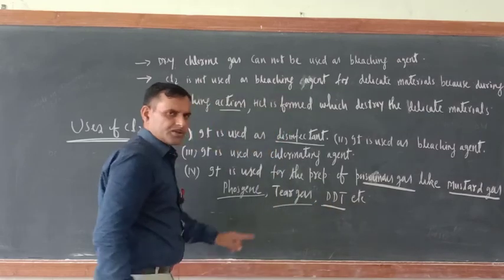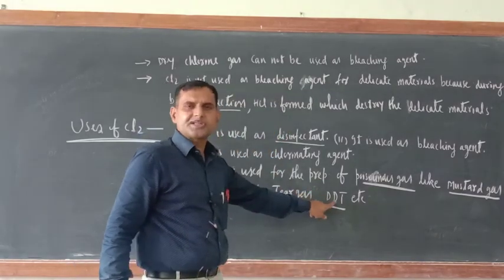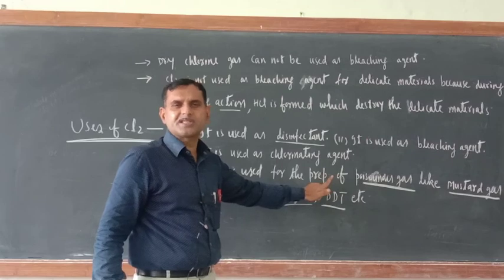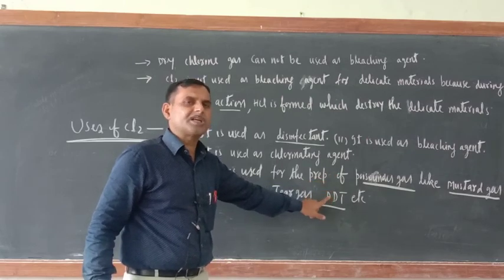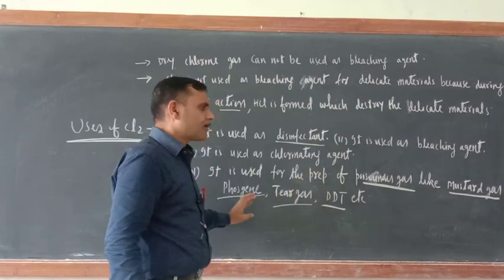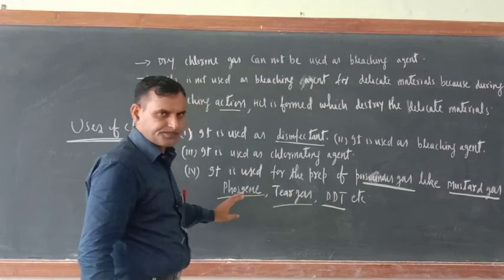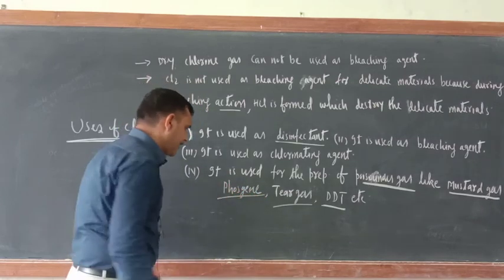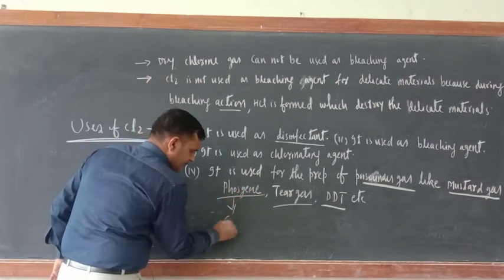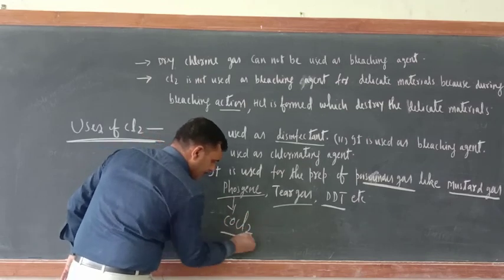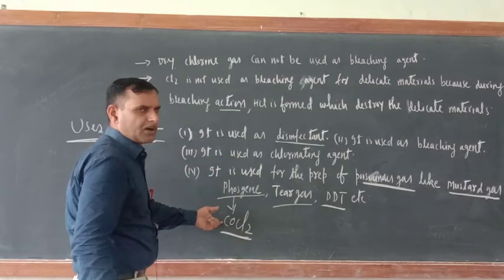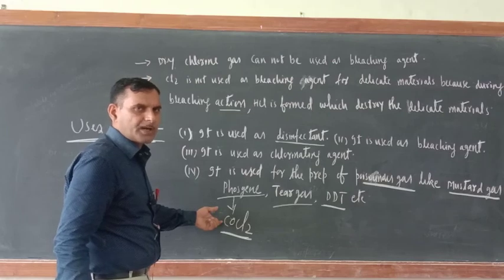Okay, so actually the preparation of DDT is given in the first unit of organic chemistry, second book. So we'll teach that one later. Right now you should know the formulas of mustard gas, phosgene and tear gas. So phosgene is this one only, COCl2. Chemically it is carbonyl chloride.